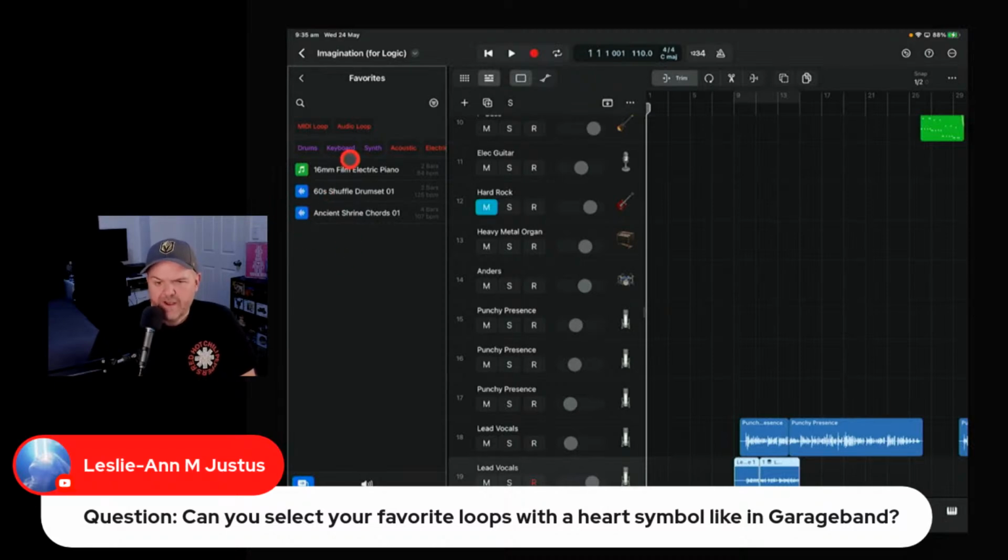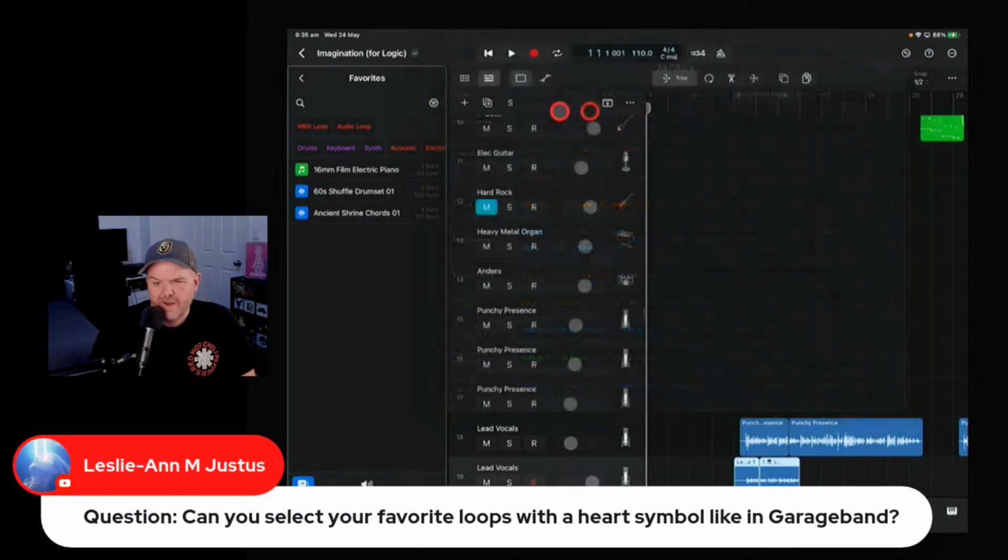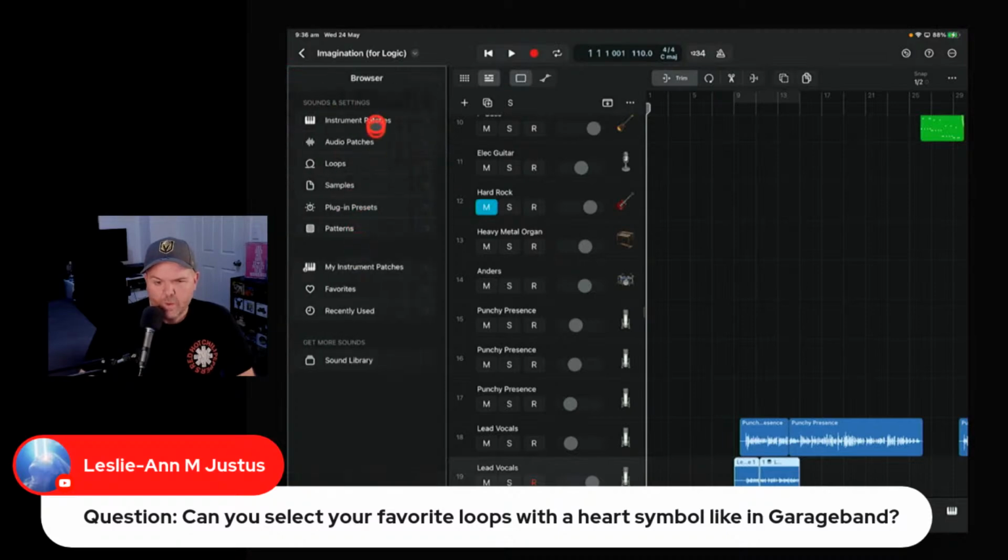And so you can set up your favorites here, and then the cool thing is you can use all those same filtering for your favorites. So you don't really have to organize your favorites manually. You can set up your favorites and have as many different loop samples and patches in your favorites. You don't have to worry about sorting or arranging them because they're all going to be in there and ready to go.